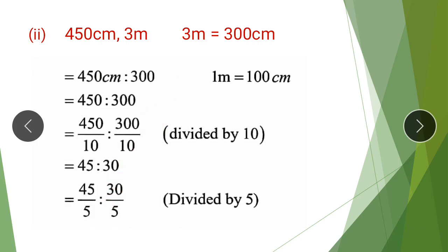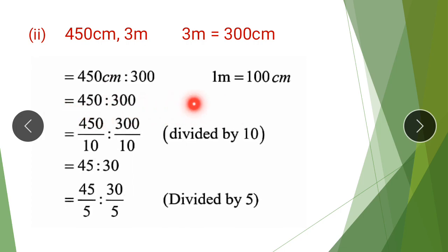But if you convert the small units into big units, then you have to go with the division process, then decimals will appear, so simplification will be difficult for you. So you can see here that here is the big unit. You have to convert this, meaning meter should be converted into the small unit centimeter. In every 1 meter we know that there are 100 centimeters, so in 3 meters there will be 300 centimeters. So instead of 3 meters we will write 300 centimeters.